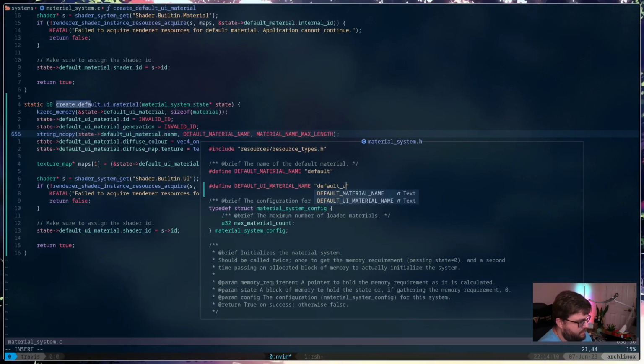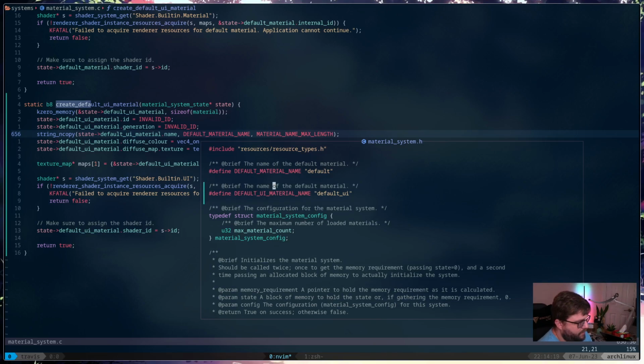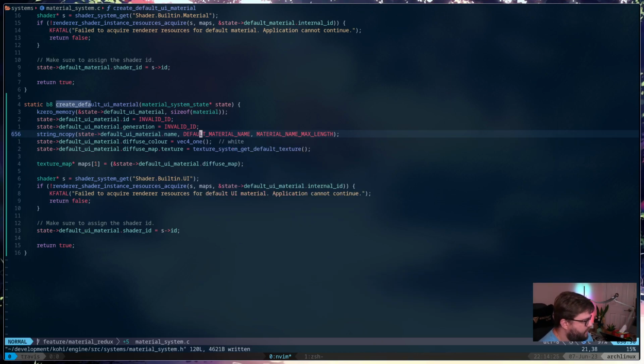Default UI. Default UI material. Okay. And this should be default UI material name.